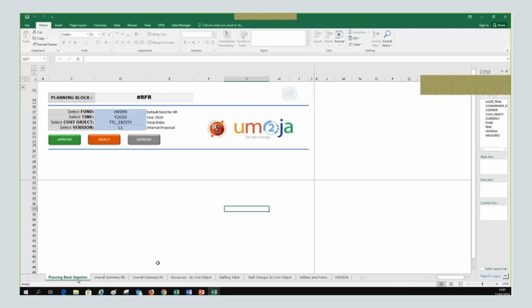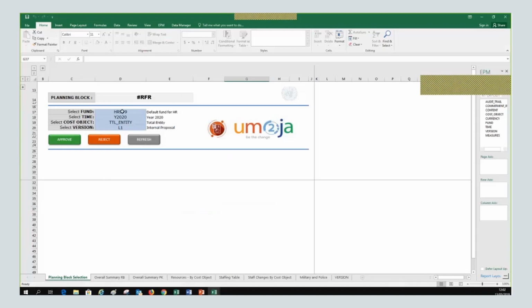You see the first tab, which is called Planning Block Selection, Summary RB, Summary PK, Resources by Cost Object, Staffing Table. There are a lot of tabs, but do not worry, it's not so complicated. All these tabs are showing different ways of doing a breakdown of the budget that we are planning.